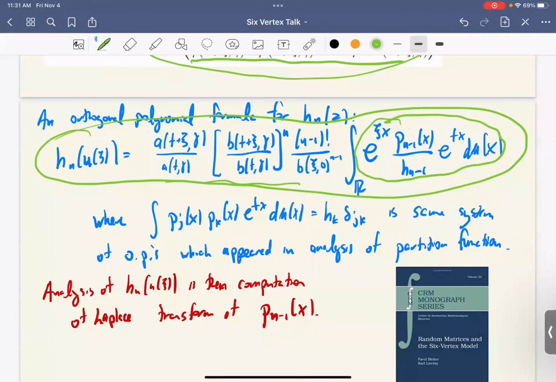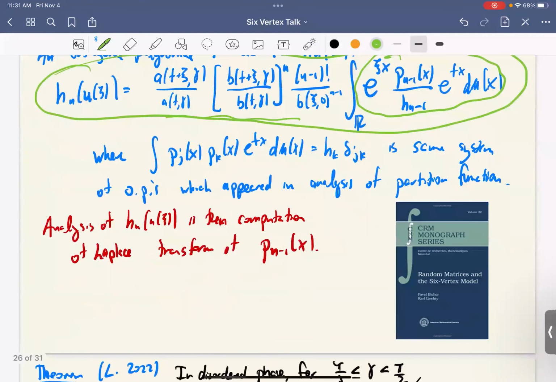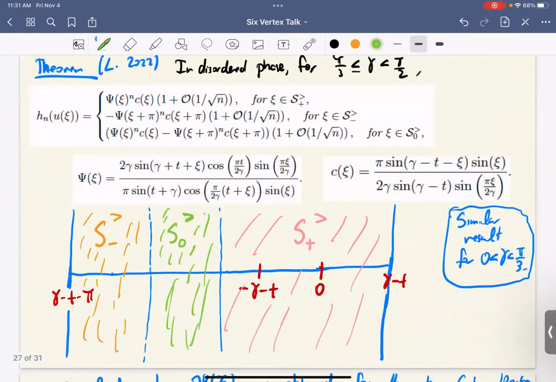So this is a formula I wrote down like 15 years ago in my notes, and I never did anything with it for some reason. But then I heard Filippo Colomo give a talk last year about this. He said, "Can somebody understand this?" And I said, "I think I can." So I could. So here's the theorem.